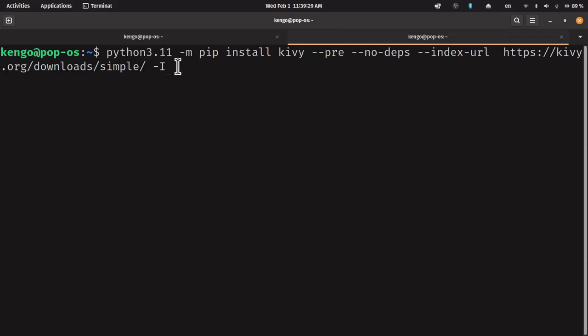Now, next thing is, after you're done installing it, you are going to install this one too. You can put -I here to ignore if it is already installed, and to reinstall, -U is to update. So after doing the first Kivy, you do the second Kivy. This will install the dependencies needed by Kivy. So it's simple. Once you're done with this, you are good to go to join me on the KivyMD